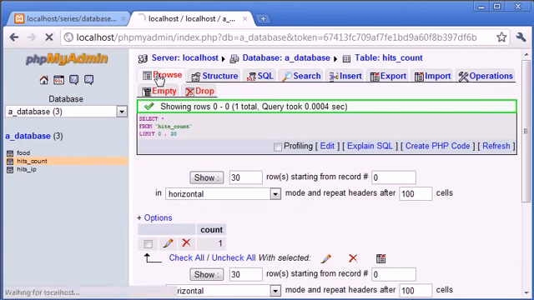So let's refresh a couple more times. 2, 3, 4. So now our count should equal 4. So we've successfully created our function to update the count value. However, what we need to do now is check whether